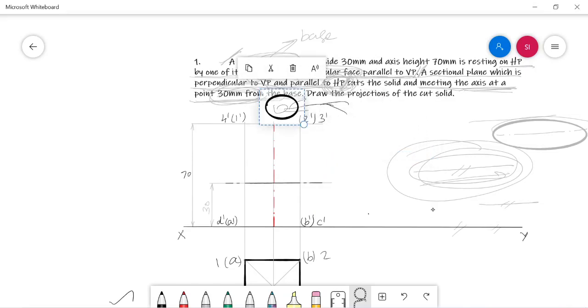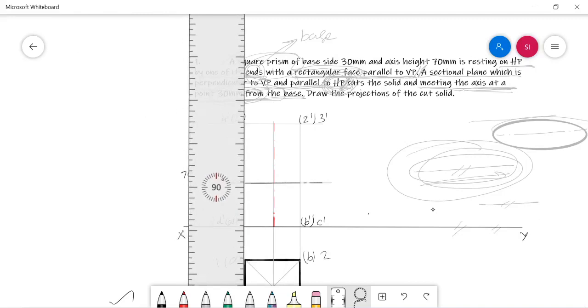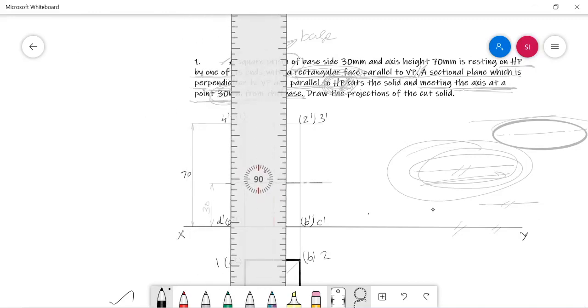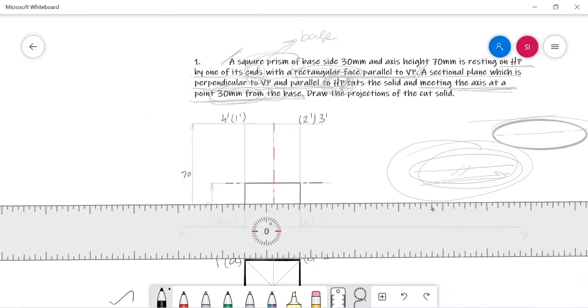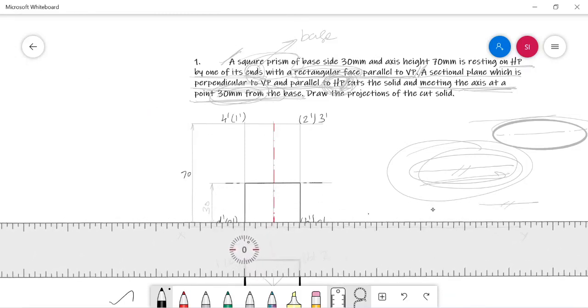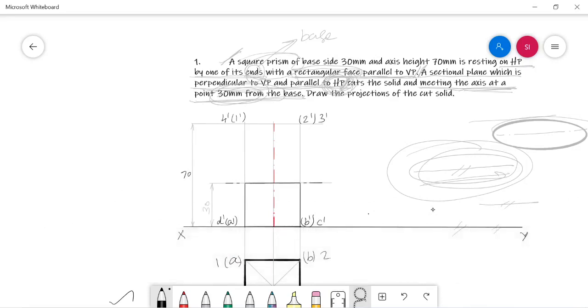Now I am going to highlight the retained part.